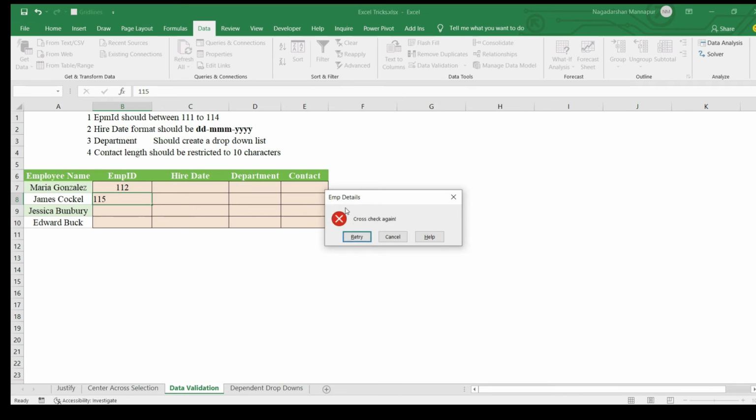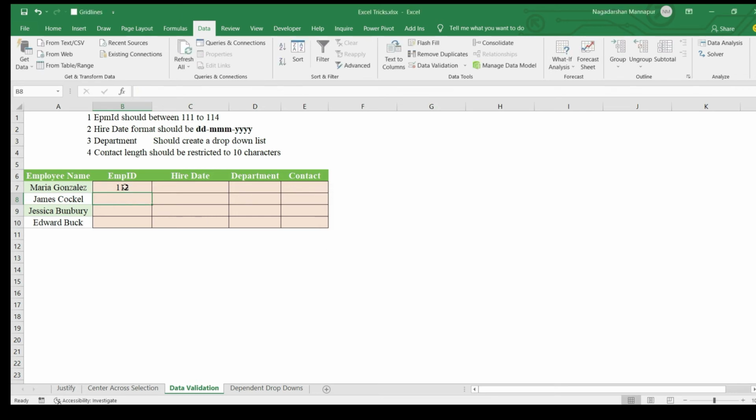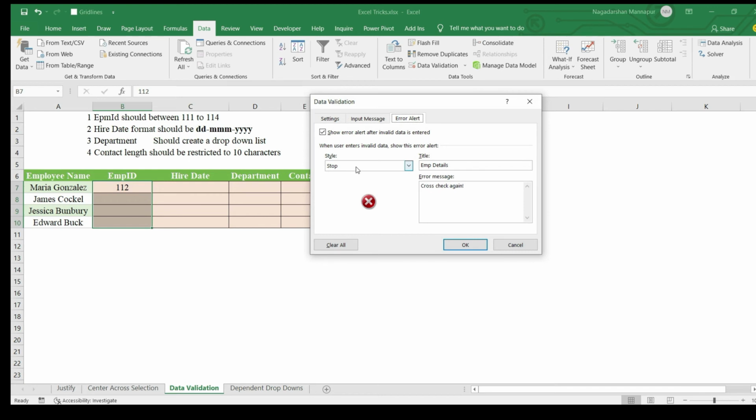If I want to change this symbol, I cancel it. I'm going to select the area, data validation. Under this style, I'm having three types: stop, warning, information. Stop means it cannot accept any other input. Warning and information will accept other input, but before that, it gives one warning, the warning symbol, or information with the information symbol.